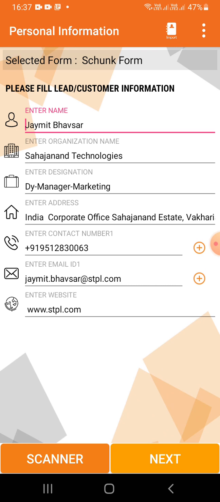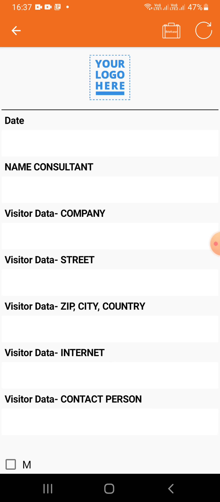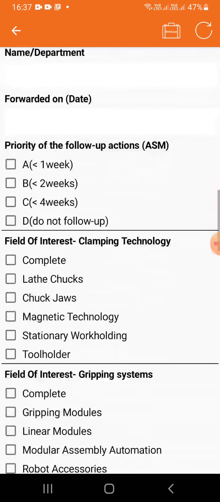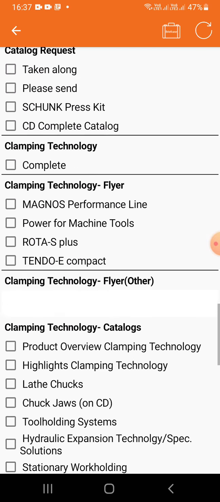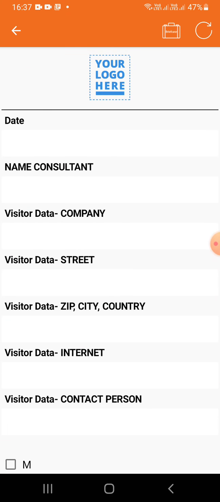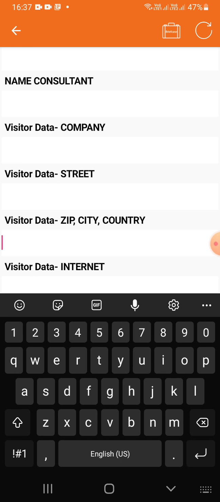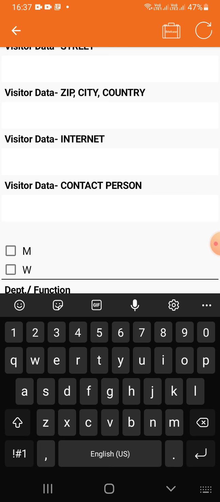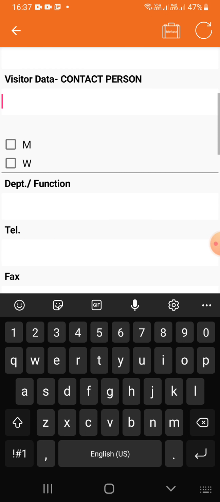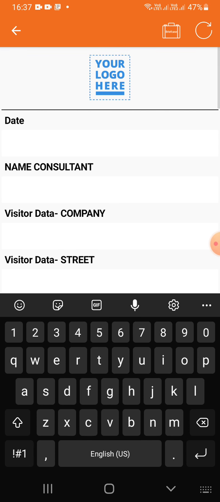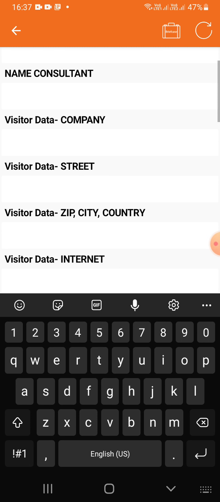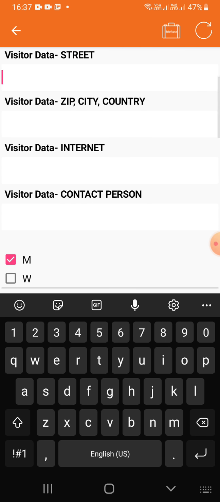Here is all the data. Click on next. These are the different details of your inquiry form, which are very simple. Now the important aspect is these few details. This form might be updated because all these other elements are already updated from the previous version.